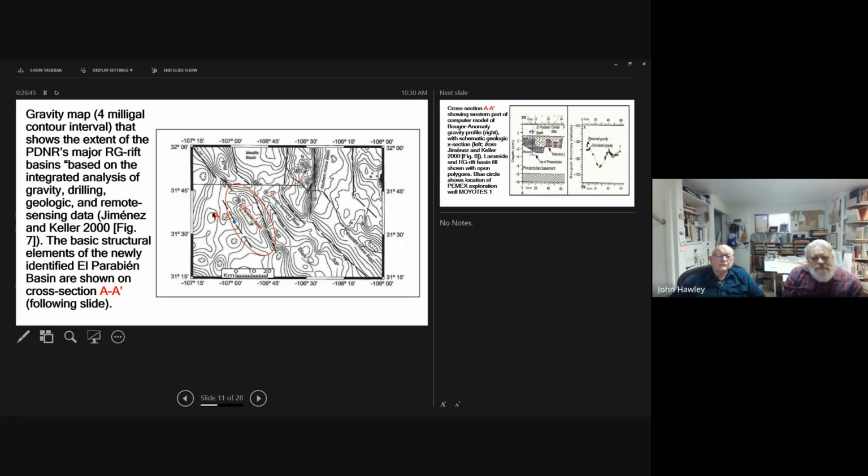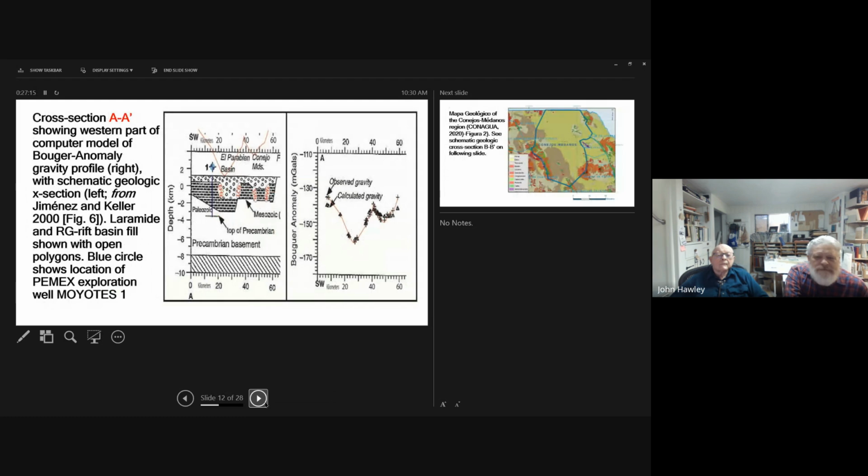And when we cross from the Sierra Sapeo, Sierra Presidio, Sierra Samalayuca here, Sierra del Presidio here, when we do a geophysical profile across these basins, we see a different projection, and in this case, we get help from a very deep borehole that was drilled by Petróleos Mexicanos, the Pemex Moyotes well.